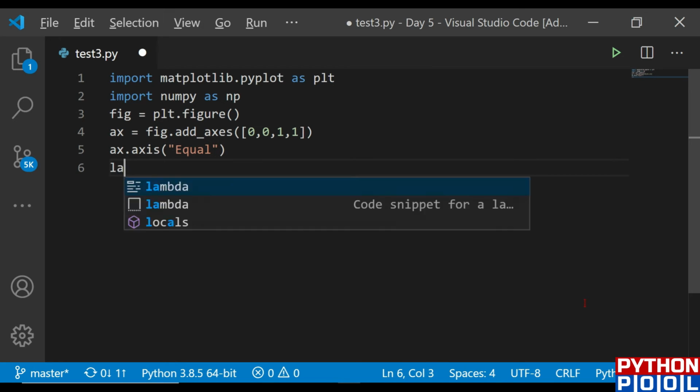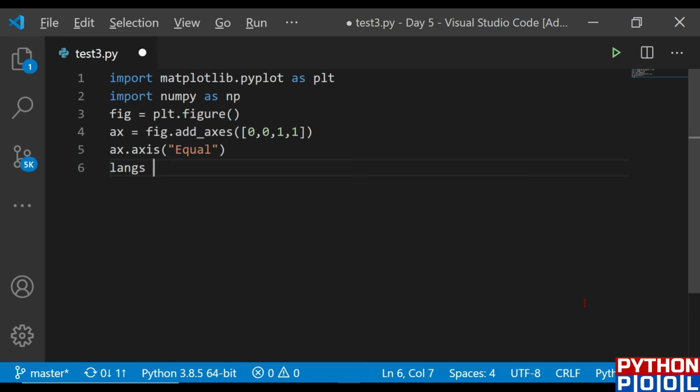Okay, and my data set is languages. I'm making a graph on languages and their popularity among the students. So for the languages, I have a list. First language is C, another we can consider C++, and then Python.